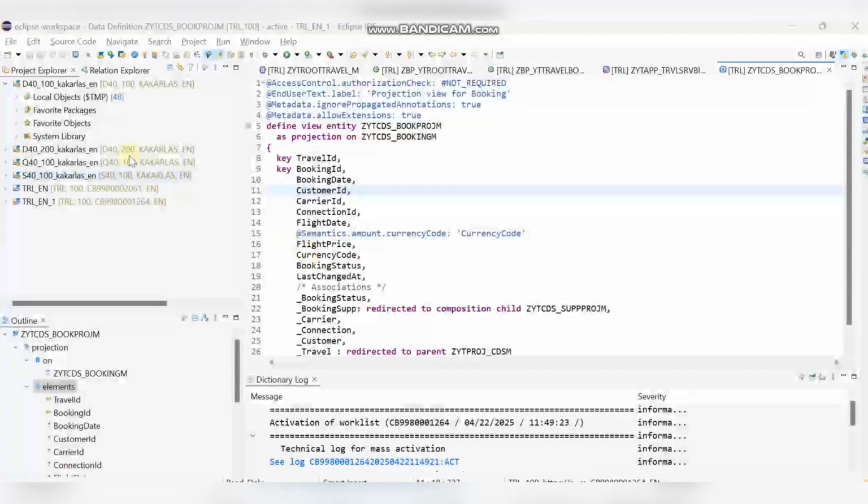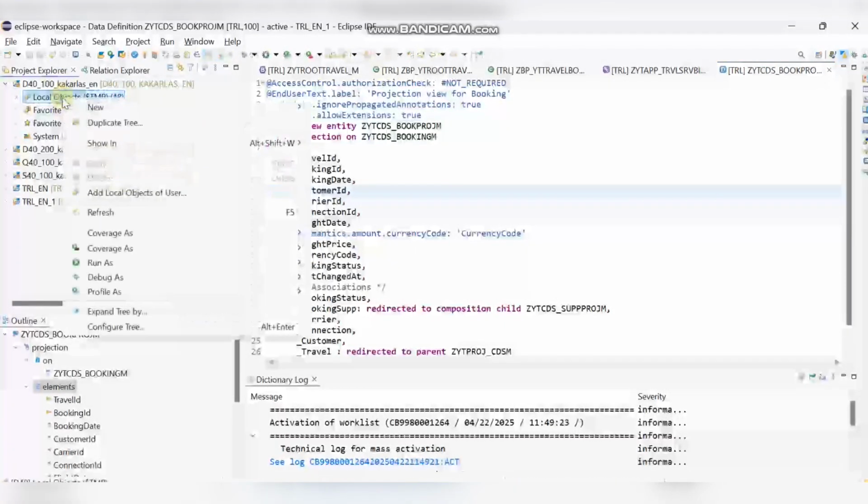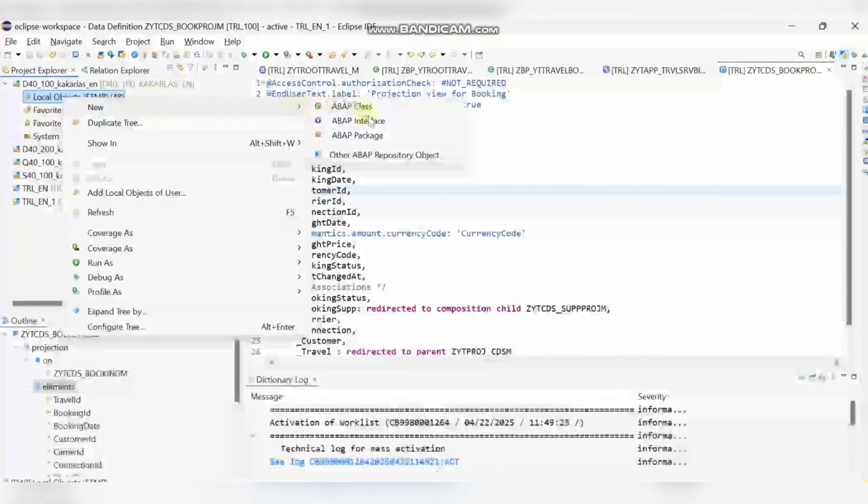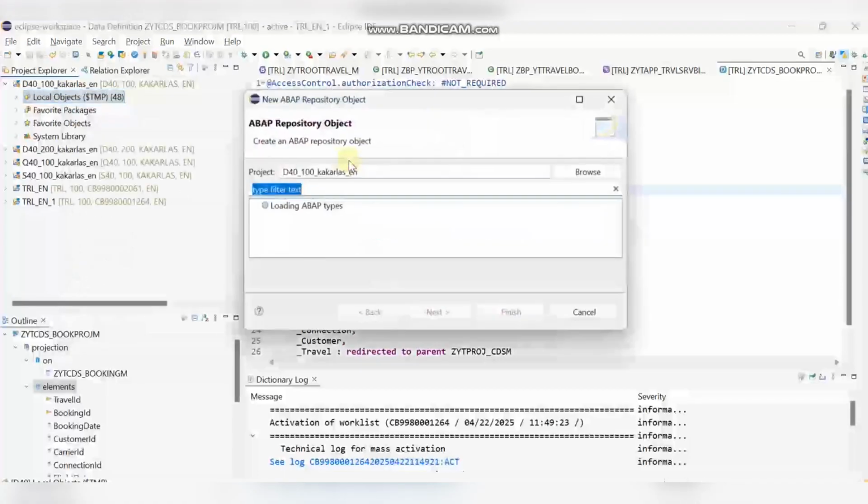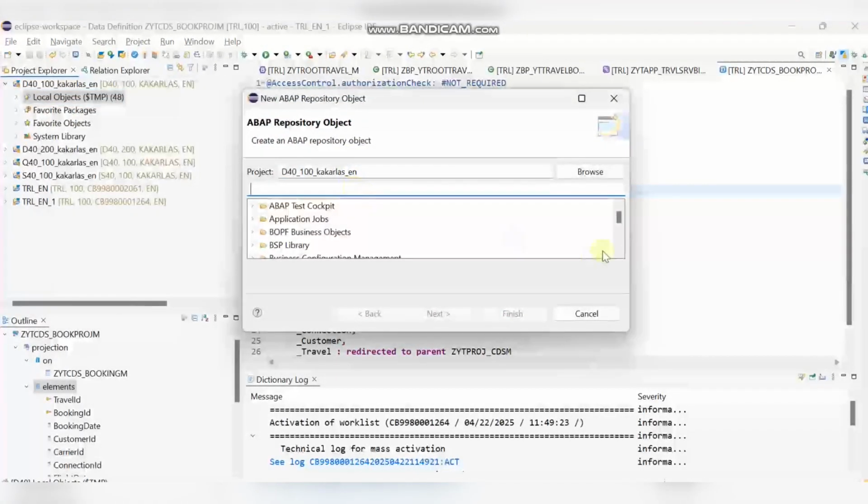So let's start creating a new CDS view. You have to click on new on your project. How to add a project into Eclipse I have already explained in my previous video on prerequisites required for HANA. I have explained there how to install Eclipse and all the other steps needed. And you have to click on other repository object, and you can choose ABAP from here, or just search